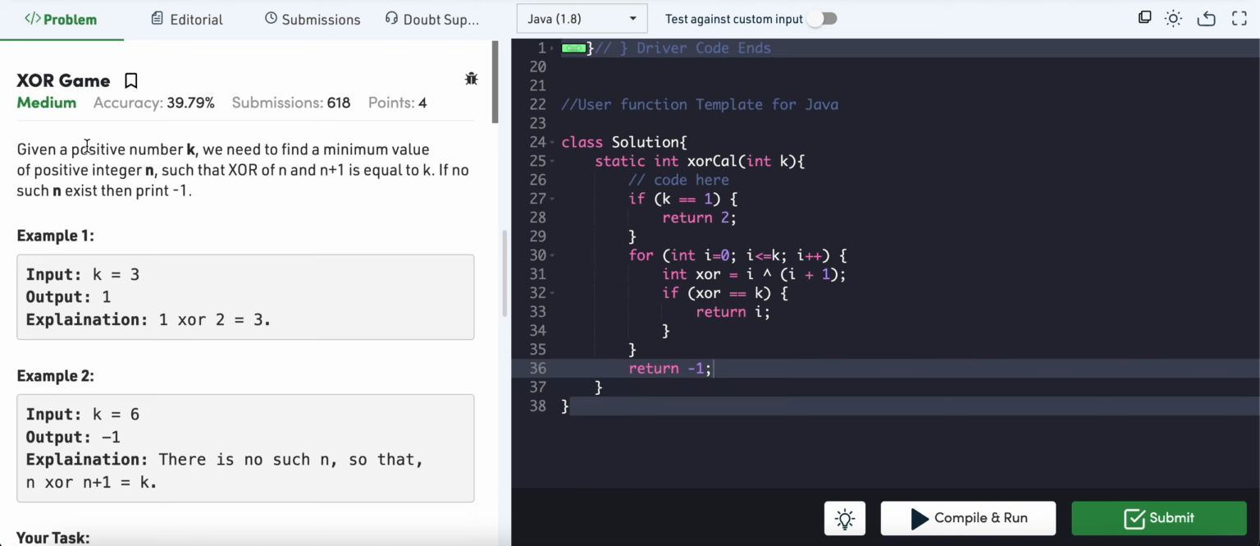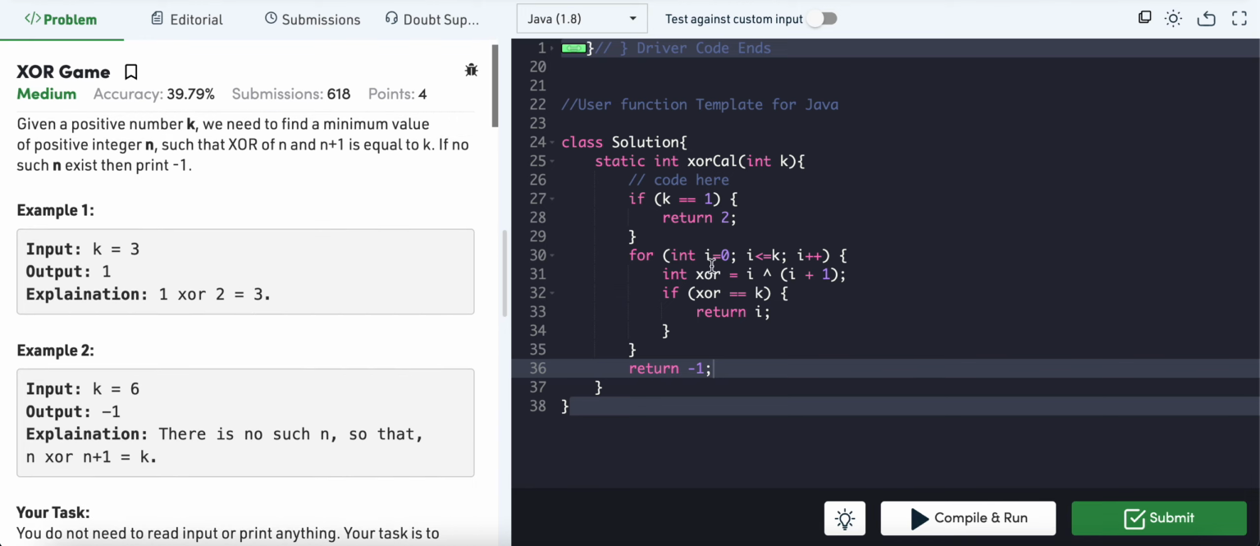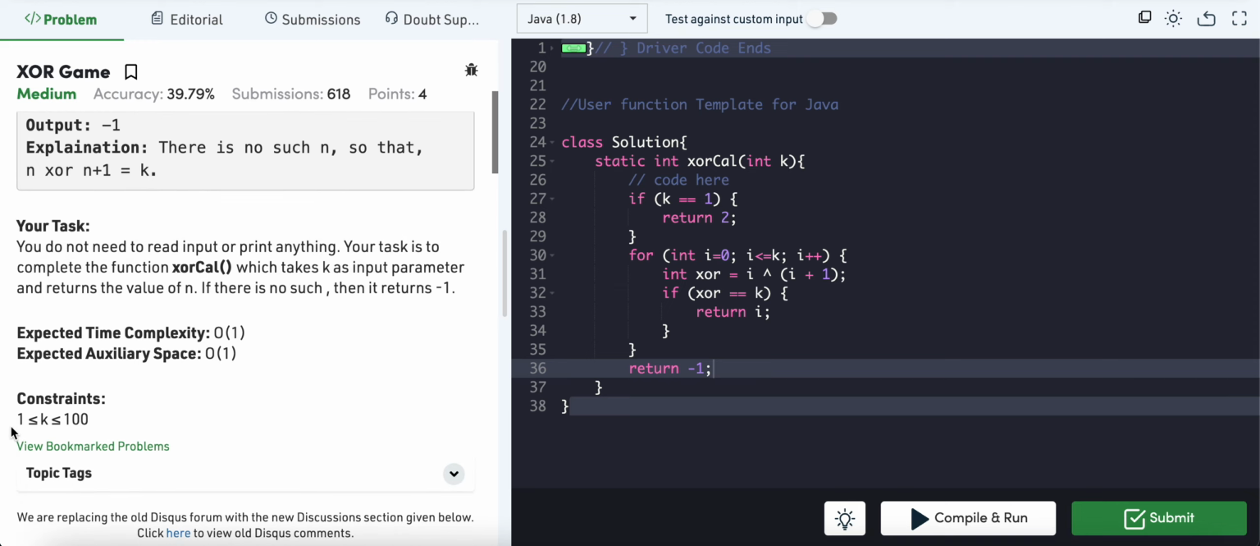This is pretty straightforward. Here the time complexity is big O of k, but here k will be from 1 to 100. So the worst case will be big O of 100, which is still a constant. So big O of 1 will be our time complexity. And for space, we are not making use of any extra space, so the space will be big O of